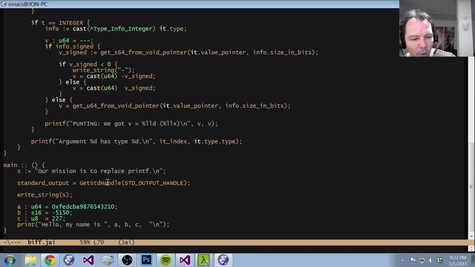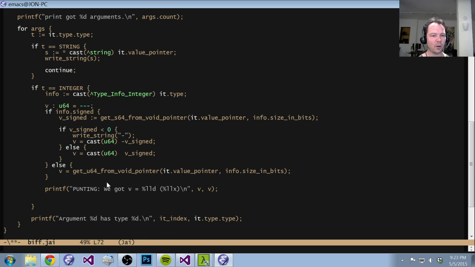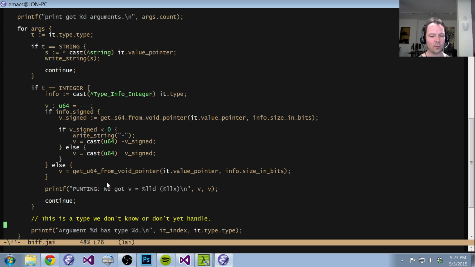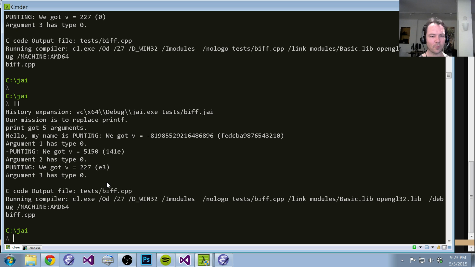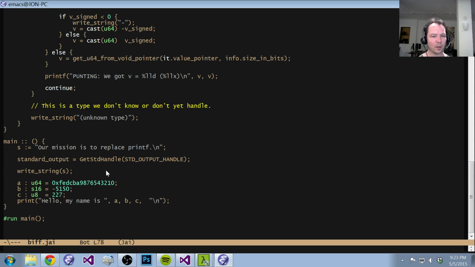So far, for both ints and strings, actually for everything, we're totally type safe right now. And if we don't understand something, we just print this. Down here, this is a type we don't know or don't yet handle. We're just going to write string "unknown type". All right. So there we go. And we're not getting that right now, but if we pass,